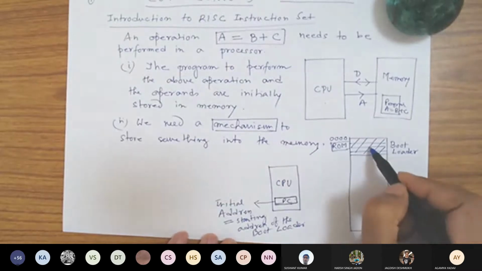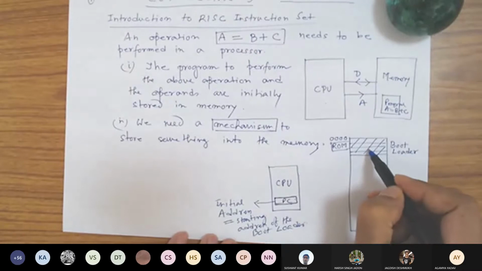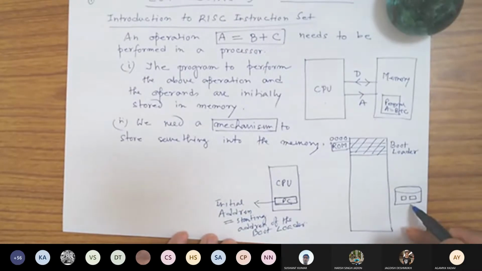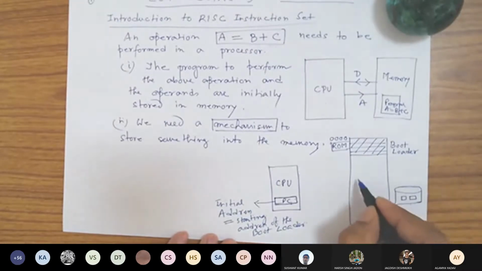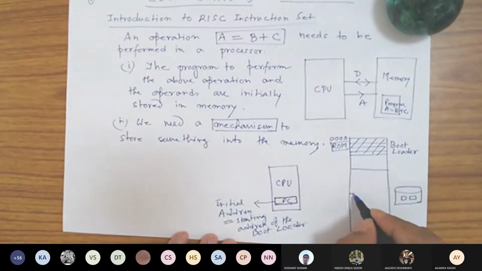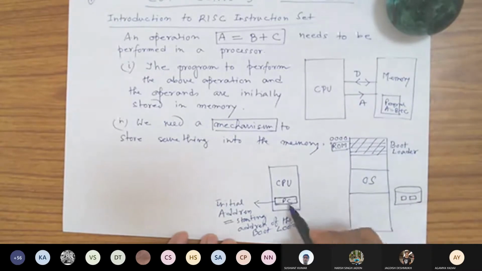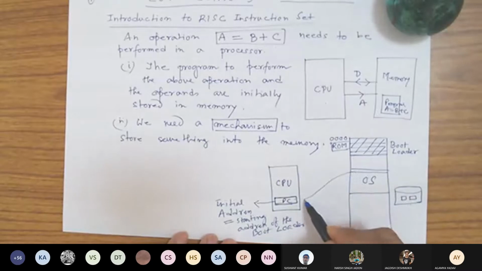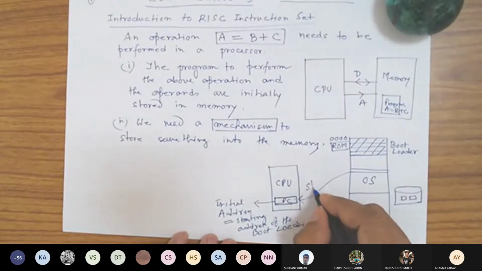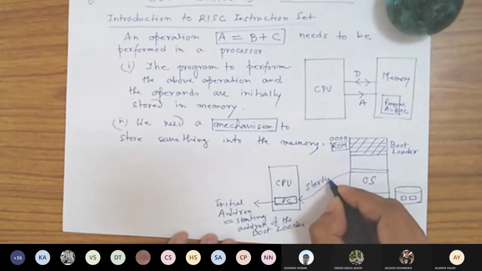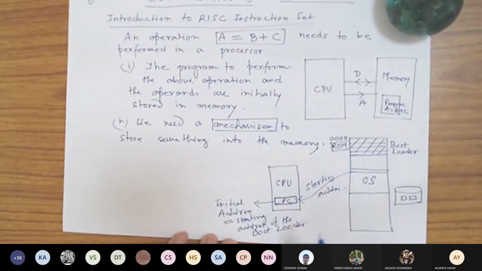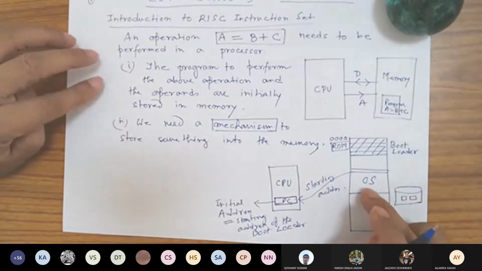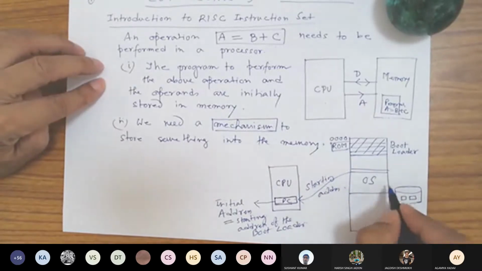Now, what is written here? This bootloader program knows where your operating system is. So what it does is bring the operating system here into some portion of the memory. And at the end of the bootloader, it loads the starting address of the operating system into the PC. Then the machine starts, because once the operating system gets here, there are many functions here.